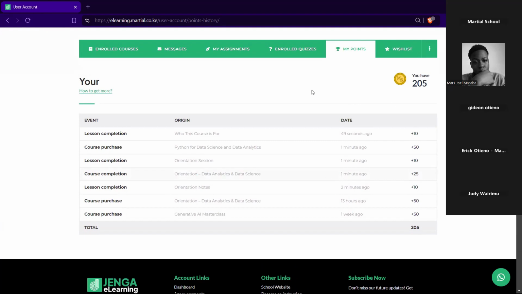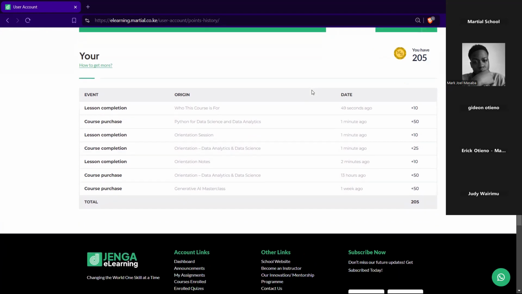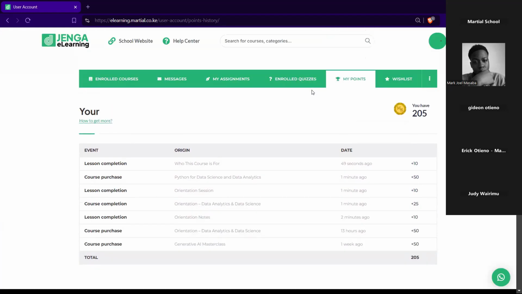We are going to reward the person who gets the highest points for utilizing the system in the right way, by completing your lessons on time, and many other activities that comprise the criteria that we look at. So that is basically it.